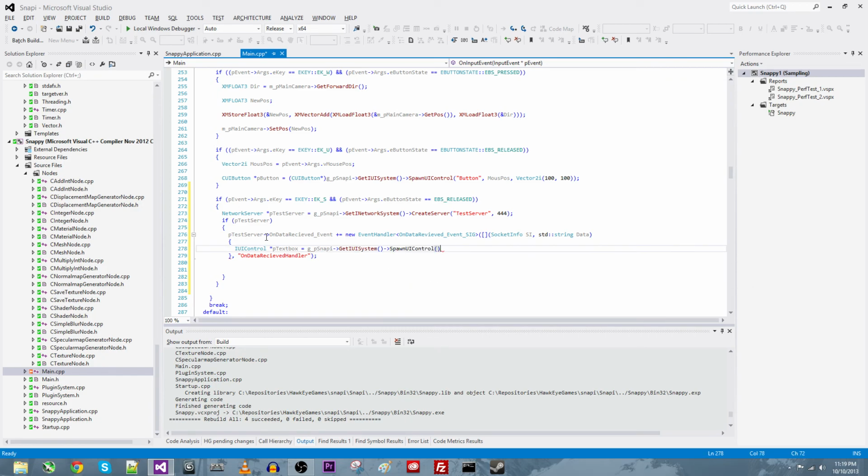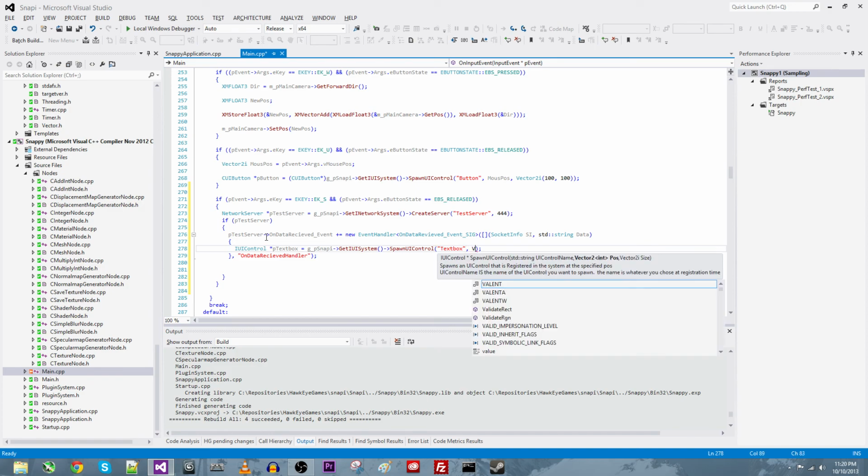spawn a UI control, and controls can only be spawned. You can create your own controls very easily. I'm very proud of the UI system, and I think you'll like it. We'll do another tutorial about how to create custom controls and all that. It's very simple, very, very powerful, but you have to register your controls. I've already done that, and you use the registered name. So we're going to create a text box, okay,